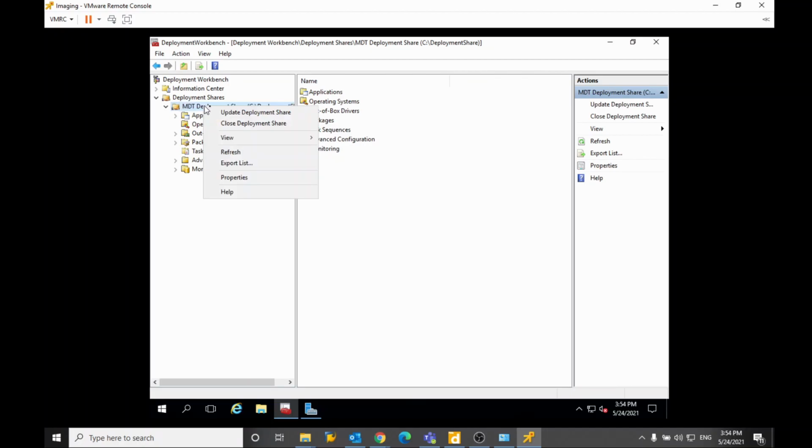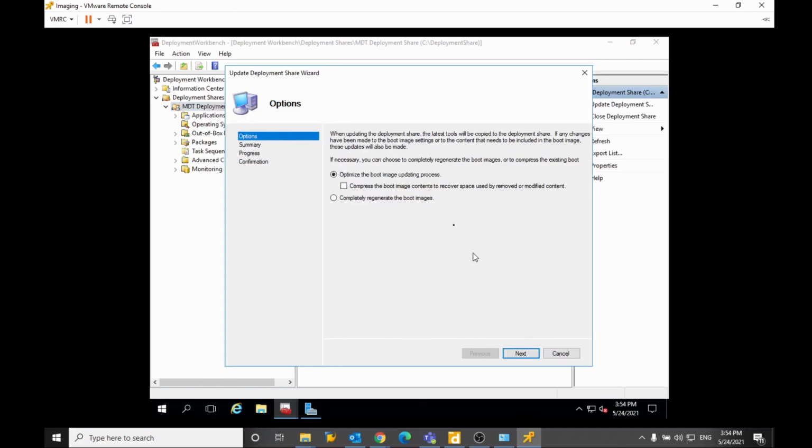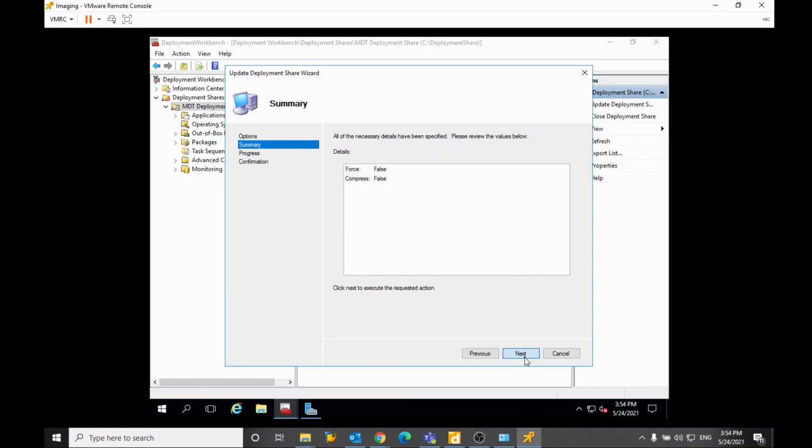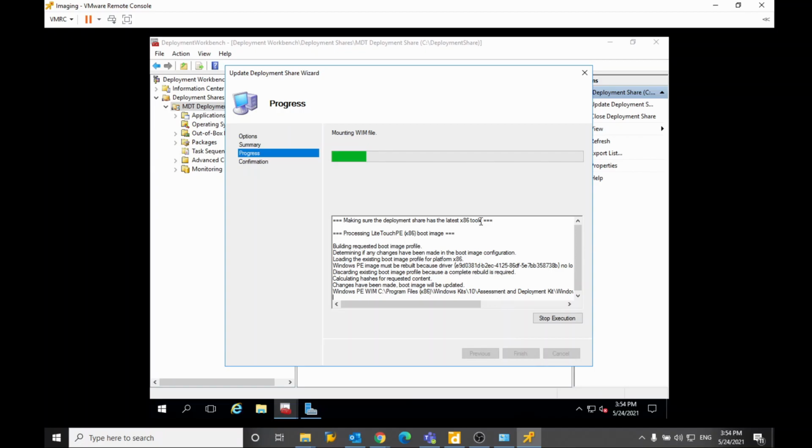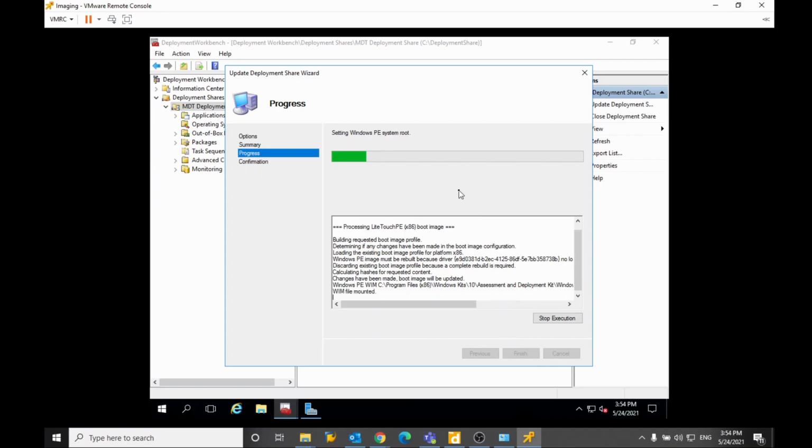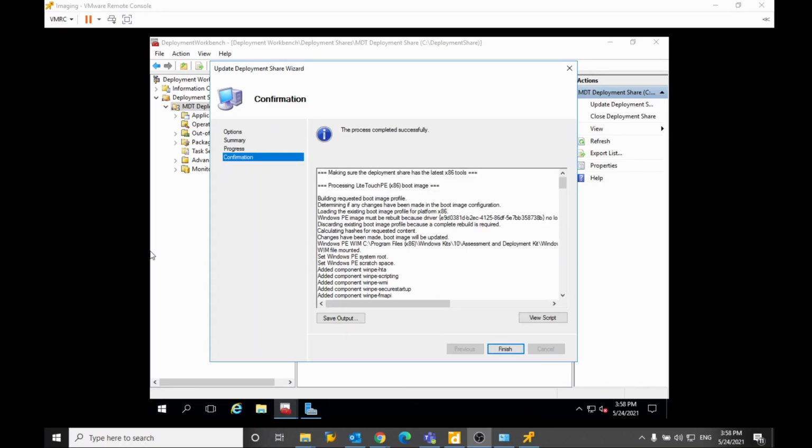Now what we want to do is right-click on our deployment share, click update deployment share. We're just going to optimize it. Next, next. Sweet, I had to jump ahead a little bit because the creation of the light touch boot image took a little bit longer than I expected. So what we're going to do is click finish,